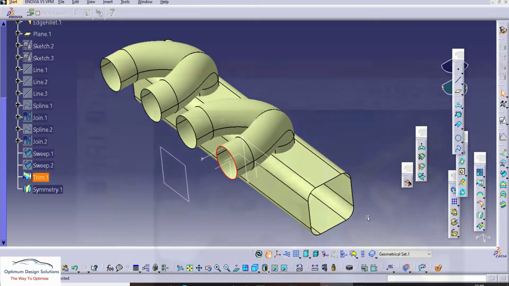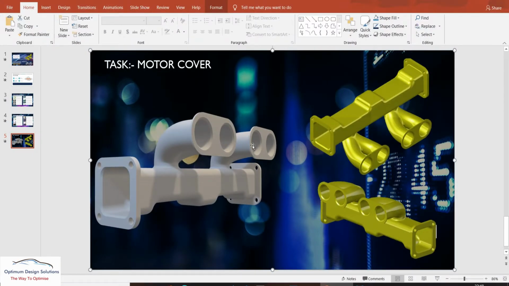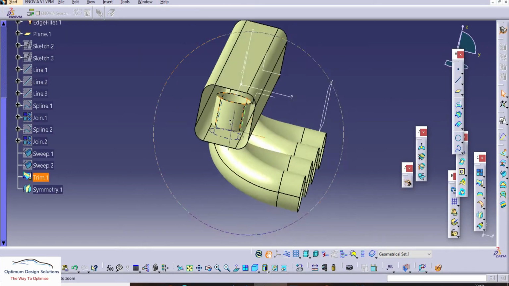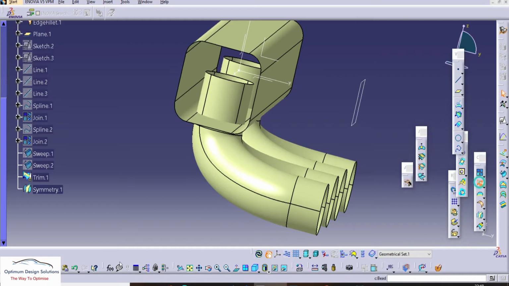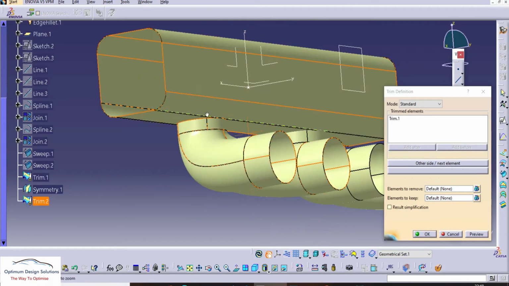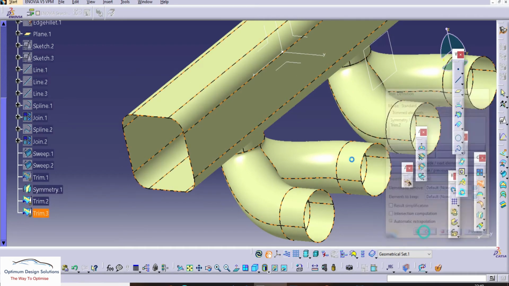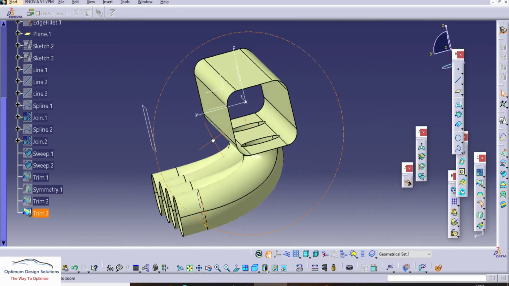So those are the four joinery parts, circles with a joinery, so you can see in the task. So we'll trim the joinery parts with the basic rectangle. So here you can remove the internal part, same trim for the RH side, and finally we got this solution.